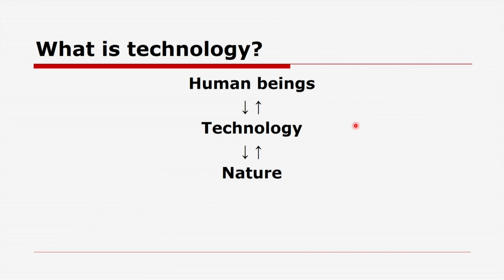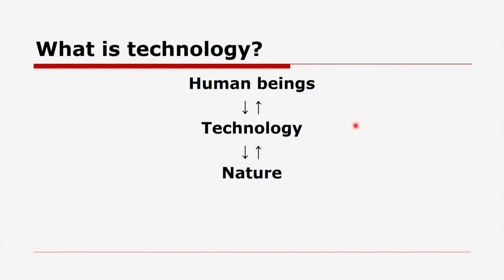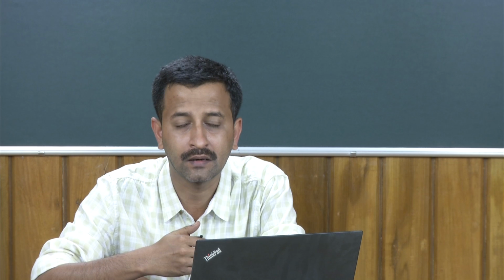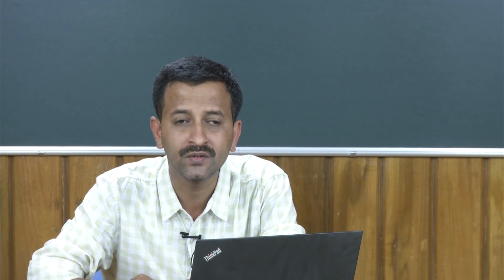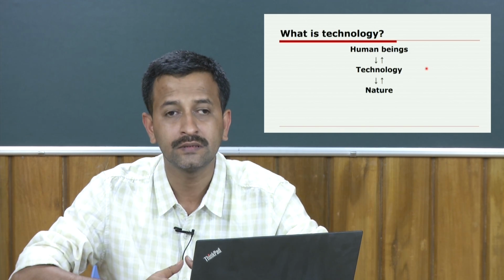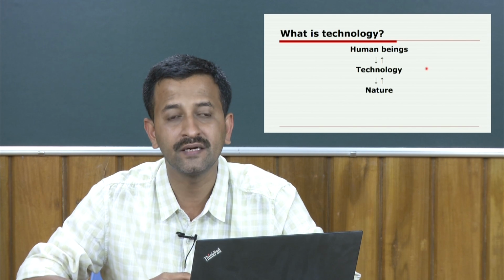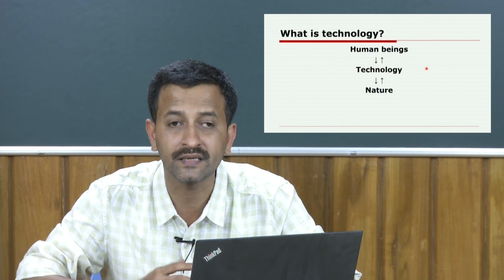Then what is a perspective? A perspective refers to a set of symbols which human beings use to select from all potentially observable aspects of nature. When I say nature, it includes both natural and social phenomena. When I say technology is the medium through which human beings, including us as subjects, interact with nature, there also we find some kind of a relationship between human beings and nature.